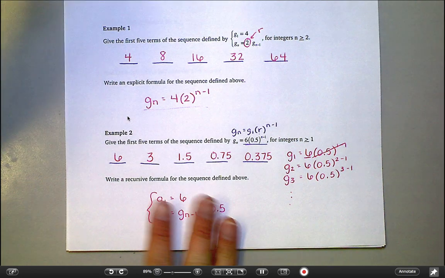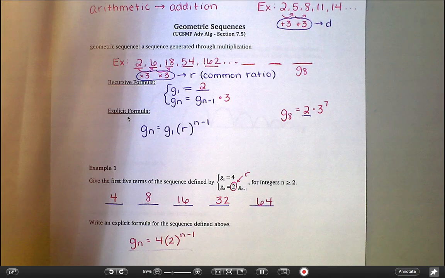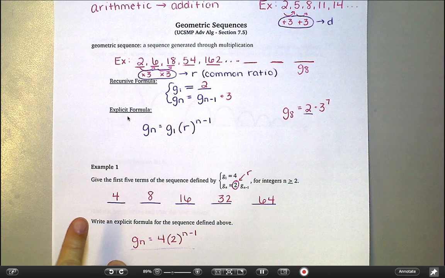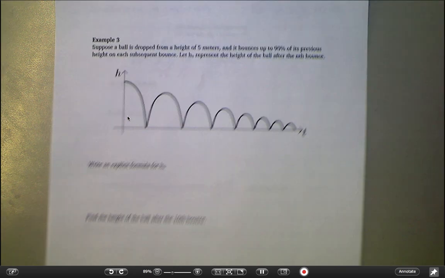Okay, that's about it for those. There's one more example I want to talk about, and this next example, the word problem, is not super difficult, but it's got the trickiest stuff from this section in it. So in this example,